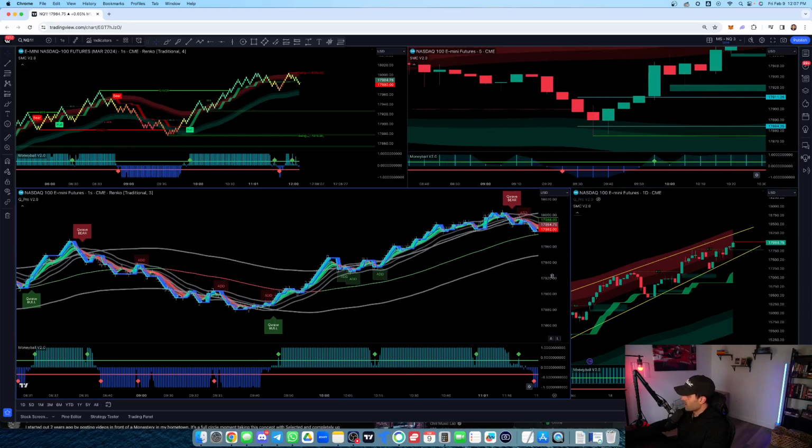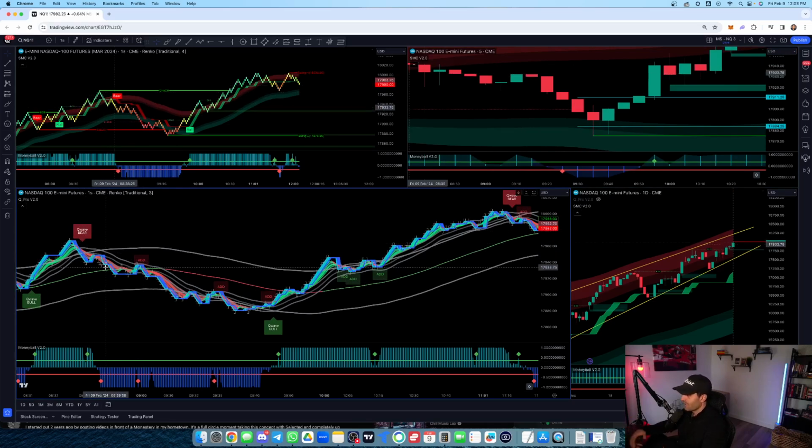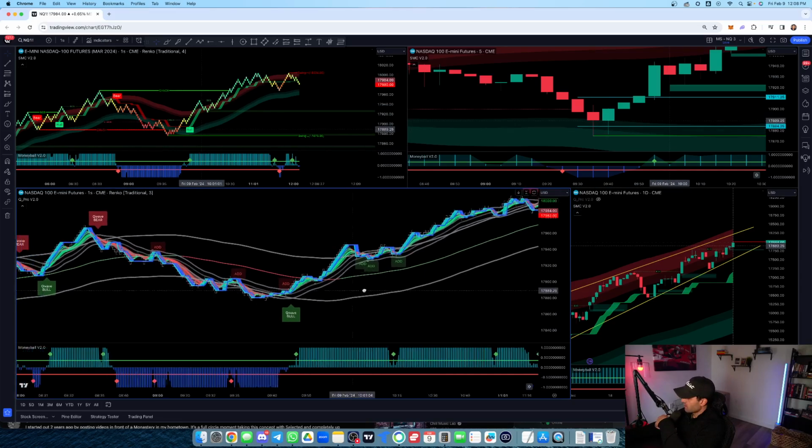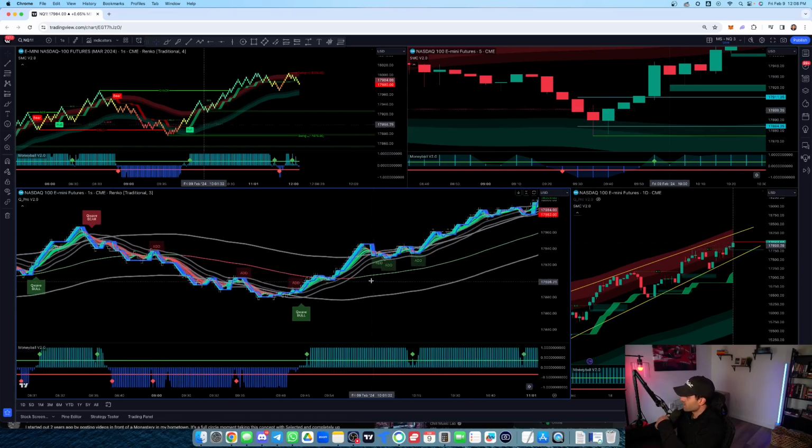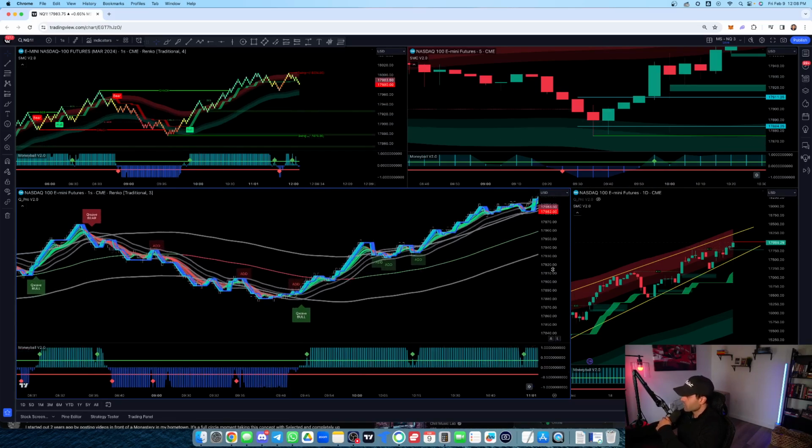Pre-market, I actually took a small short here, playing this bear alert and this flip on the Moneyball. I didn't fully size up as it was pre-market. And anytime I do that, I'll usually size down so I'm not obliterated right at the open. But the trade that booked me the majority of the profits this morning was this bull alert here, the flip on the Moneyball. And I'm going to show you step by step exactly what I was looking for